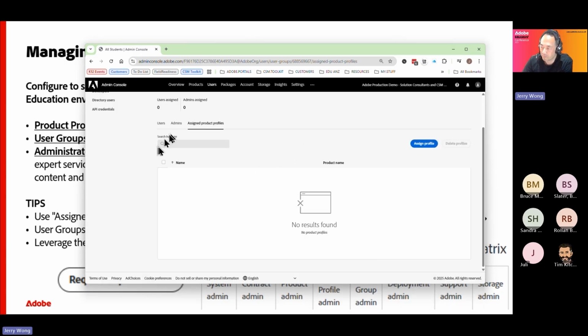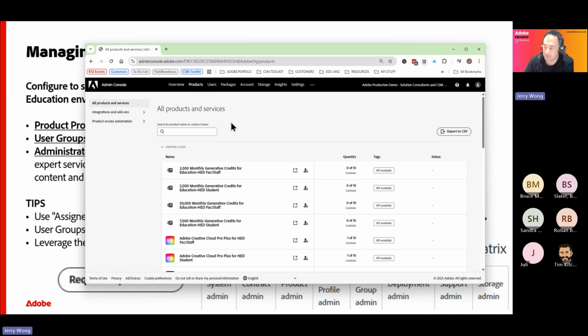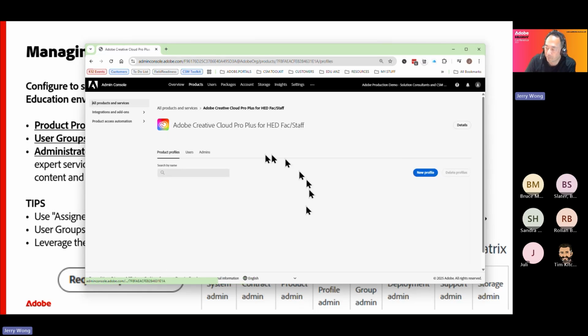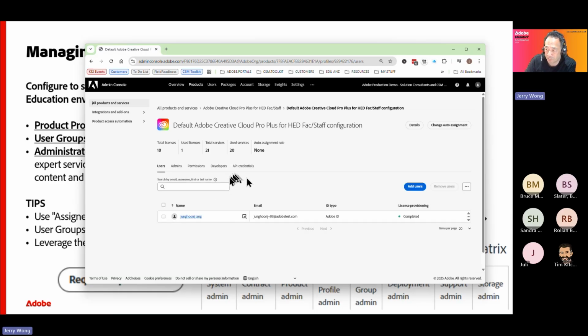We always put users directly into the product. And when it's time to change, or if there's a migration happening, it takes a lot longer because you'll have to physically go into the file, into the actual product. Let's just take this one, for example. You might see a whole bunch of users in here. This demo is not really doing this justice, but if you're managing a school, a university, or an actual faculty, there'll be hundreds of users in here, and you'll have to modify that using a lot of spreadsheet edits, right?